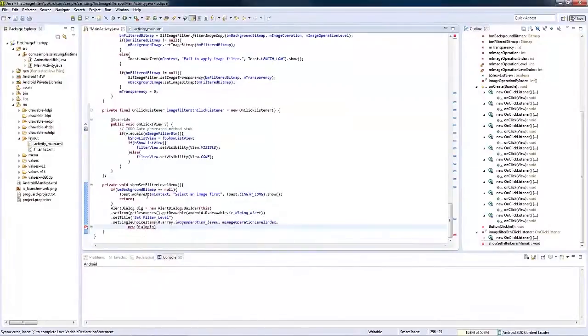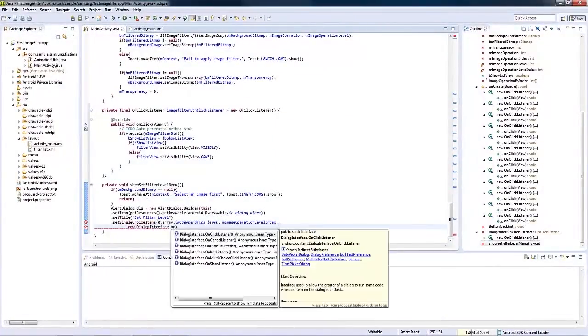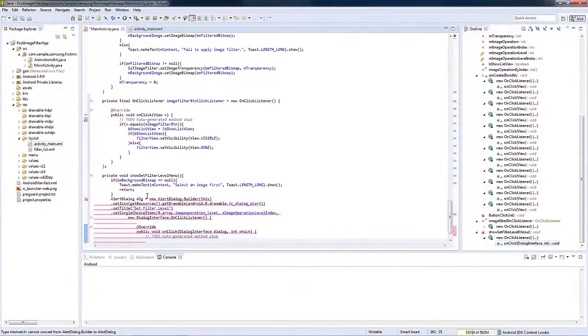Here's where the array that I have prepared comes in, along with the current filter level we have set, and also a listener to dictate what happens when a level is selected.